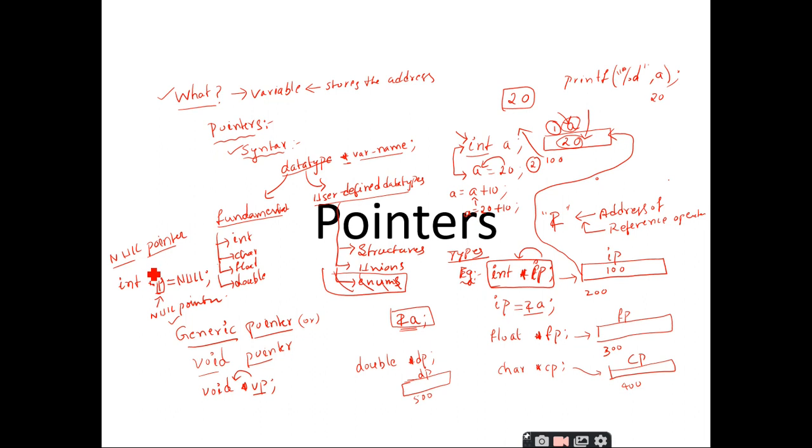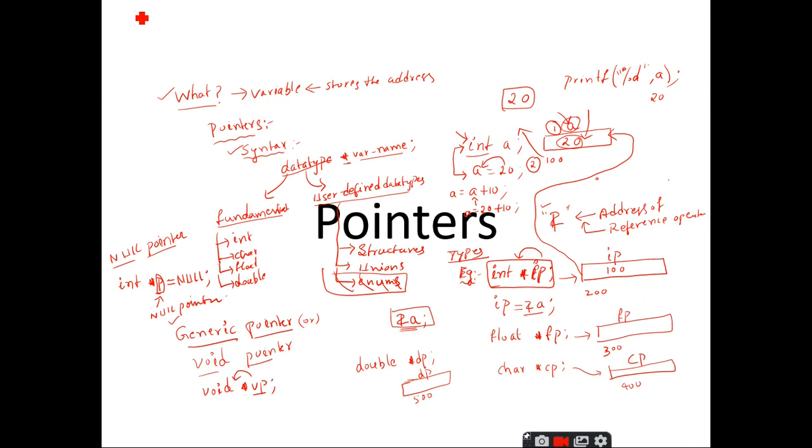Similarly, we have seen the null pointer, which stores a special value called the null address. And we have seen the operator used to access the address of a particular variable, called the address of operator or reference operator, denoted by the ampersand symbol. The syntax is that we write the ampersand symbol before the variable, and that is called the reference of that variable A, or else we can call it the address of this variable A. Is it clear up to this point?